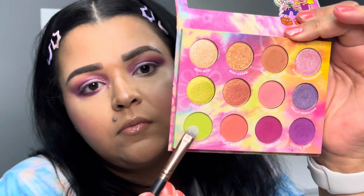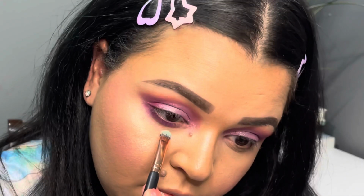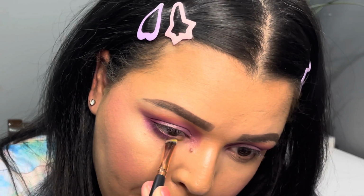So I wasn't really satisfied. I felt like something was missing. So I dipped into that very pretty lime color. It's a matte color, don't freak. And I'm using an MOTD pigment packer brush, and I'm applying this to the inner half of